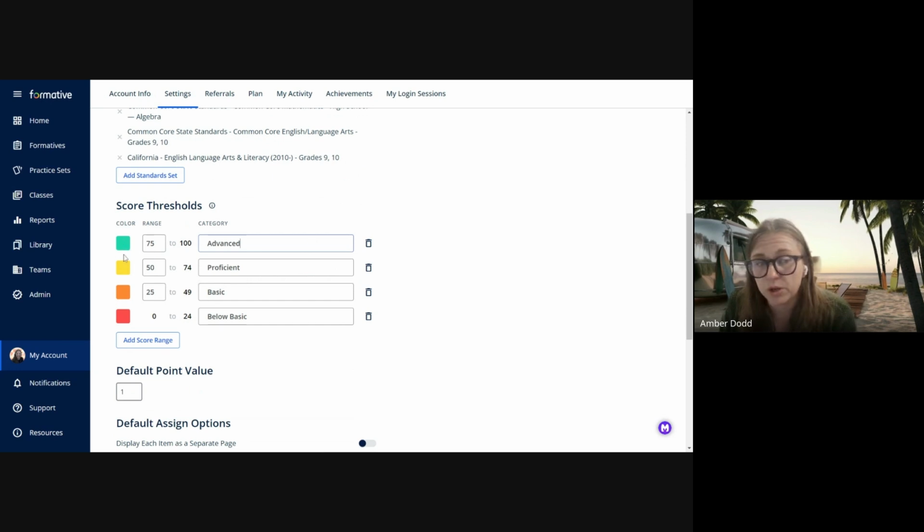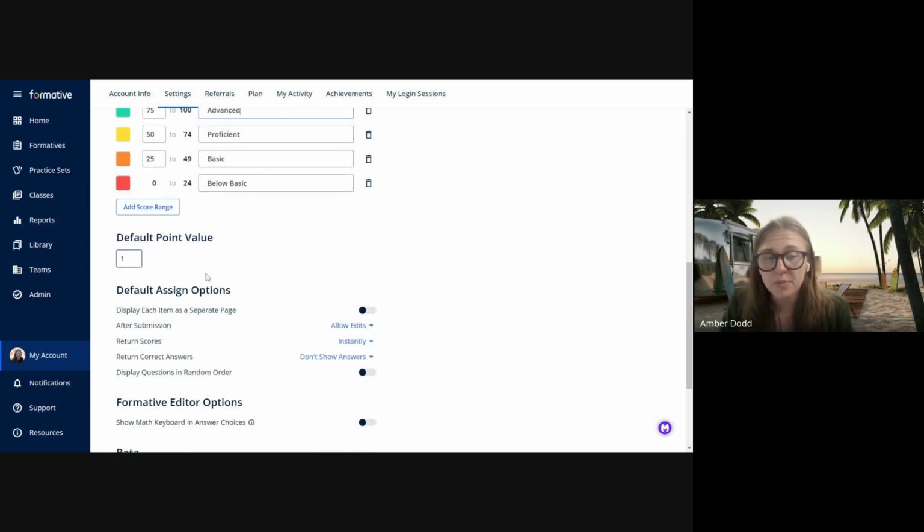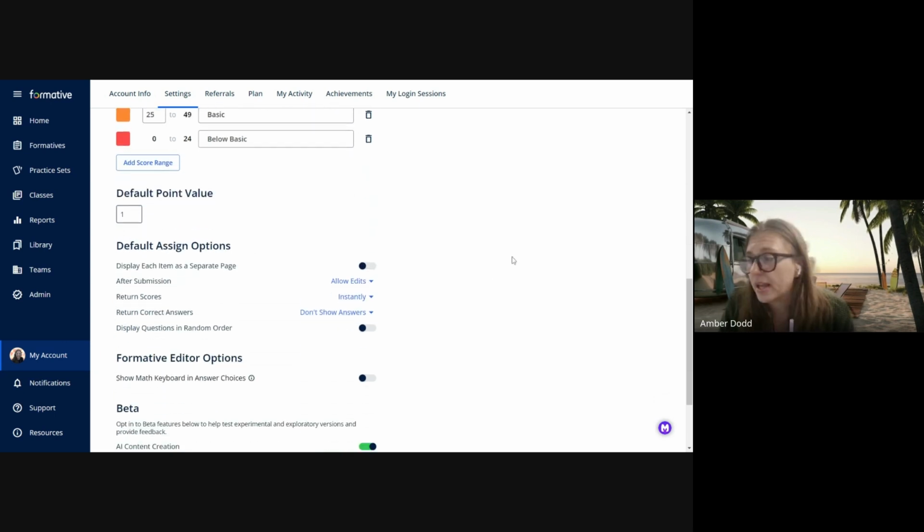So however you want your color system set up, you can change that within Formative as well, and that's going to be the default. And then we have our default value here, and then our default assign option. So if you tend to assign classwork the exact same way, like I want to change mine to after student submits, I can set that so I'm not having to change those settings every single time